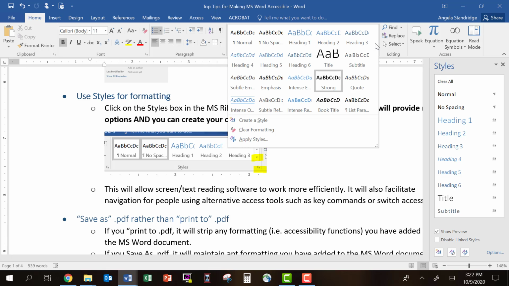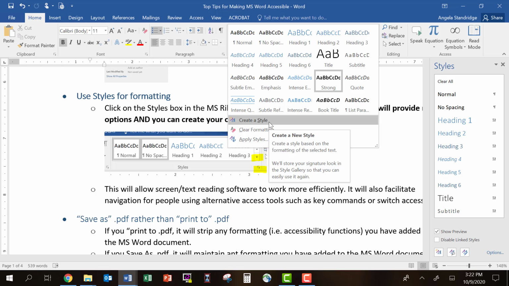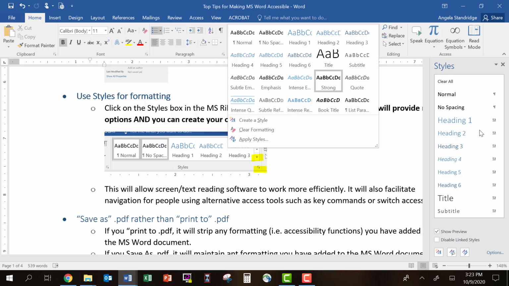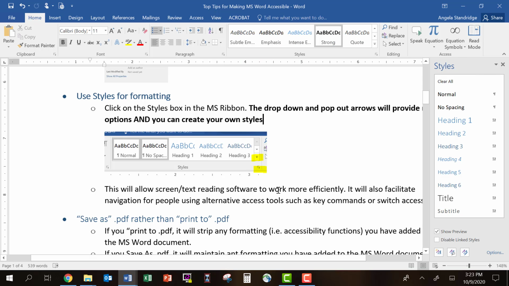Notice that you can go in and you can create your own styles if you want to and apply styles that have been downloaded. An example of how you might do this, if you had a particular project that required X size font with a certain type of spacing and a certain type of margins, you can go in and create a style that has those parameters. You can certainly Google that, how to set up a Microsoft Word style, and there's plenty of directions online for that. But then when you click that style, then that's what would show up over here, and you would be able to click on any one of these